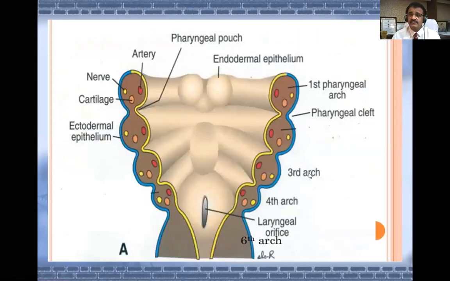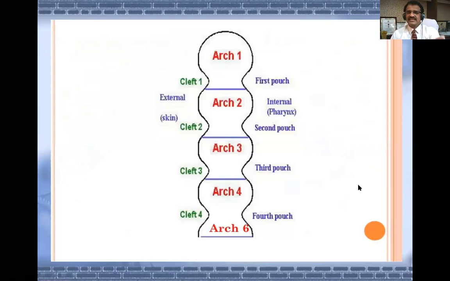Okay. This diagram will show you more details of that. You can see the pharyngeal arches. The blue colored portion is the pharynx. Here you can see 1, 2, 3, 4. These are the pouches, and inside you can see the clefts. You can see these are the pouches, and this brown color are the arches. Okay, you can see very clearly in this arch 1, 2, 3, 4 and 6. 5 is rudimentary and clefts are shown in gray.